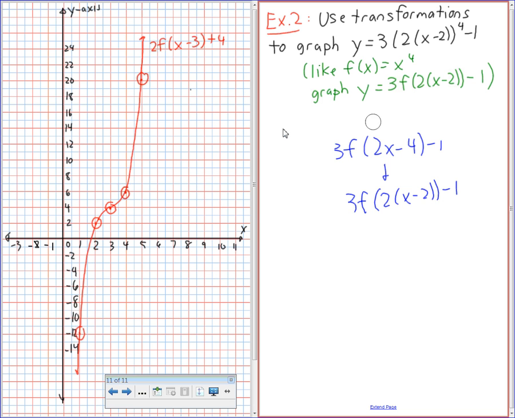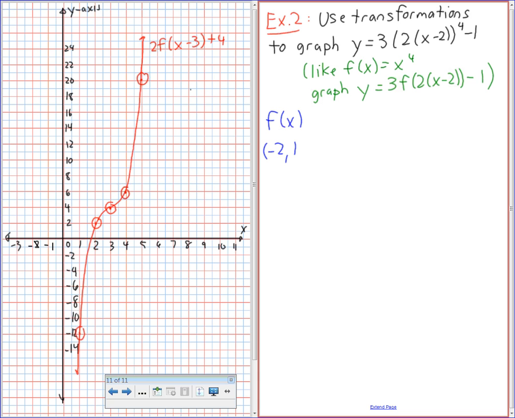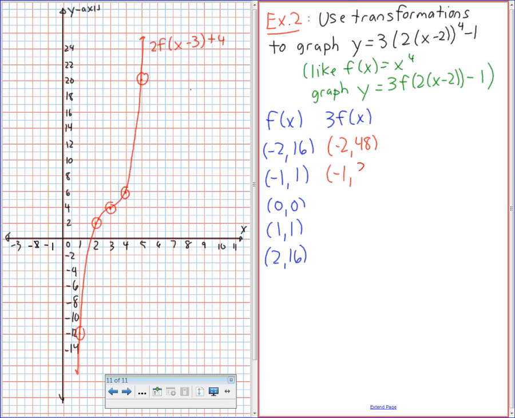I'm going to do this in 4 steps just to make sure that everyone understands. So I'm going to write f of x is going to be negative 2, 16, is that right? Then I'm going to write 3f of x is going to be negative 2 and 48, negative 1 and 3, 0 and 0, 1 and 3, 2 and